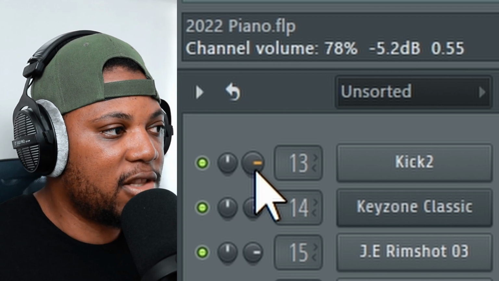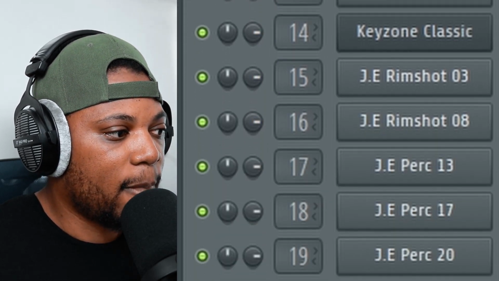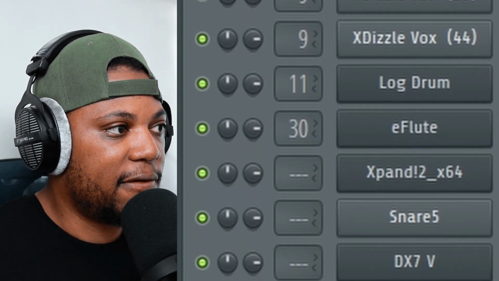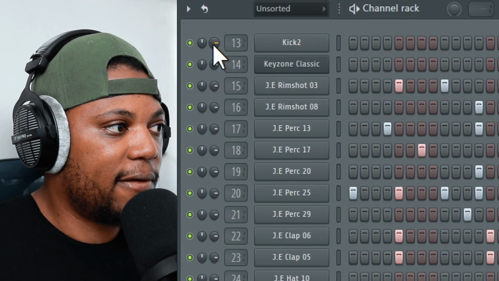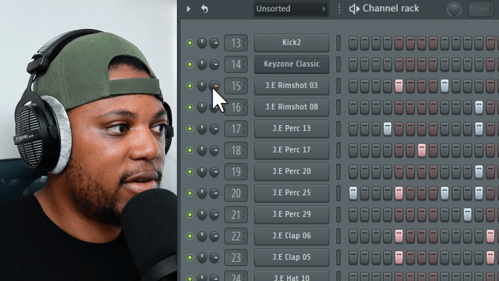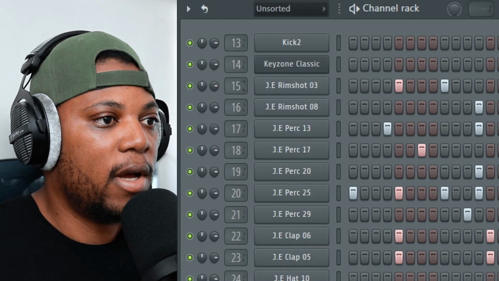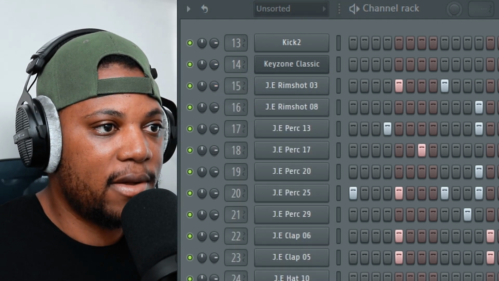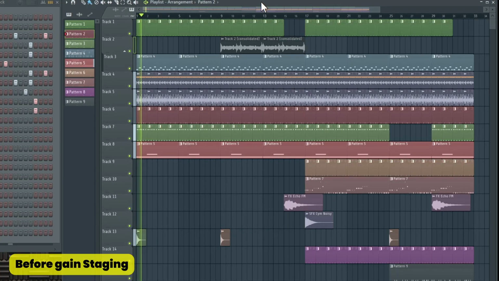Now, as you can see here on this beat, all these levels are set on the default. If I press reset like that, they are reset to their default level. So if I play this track as is right now, it sounds like this. And if I come to this part here,